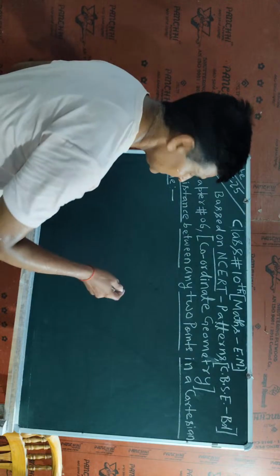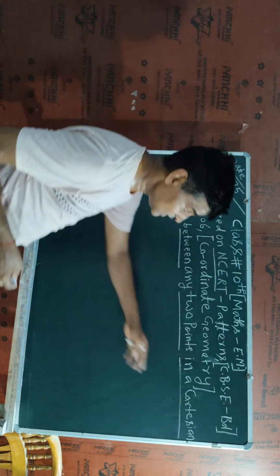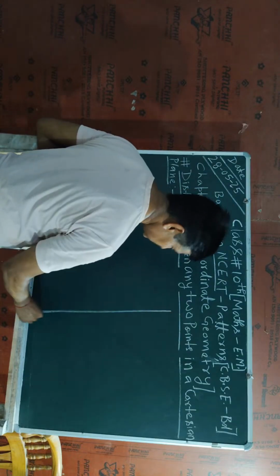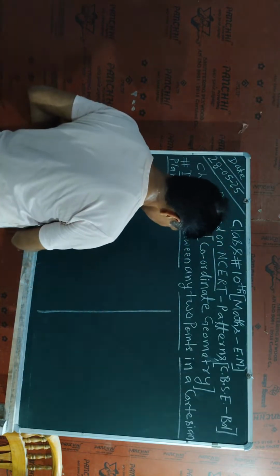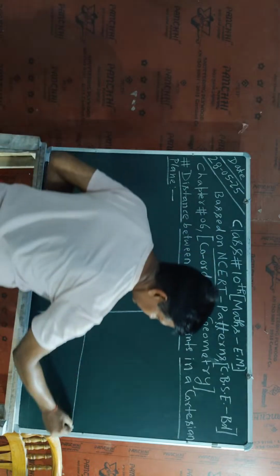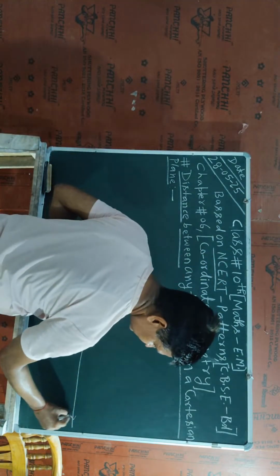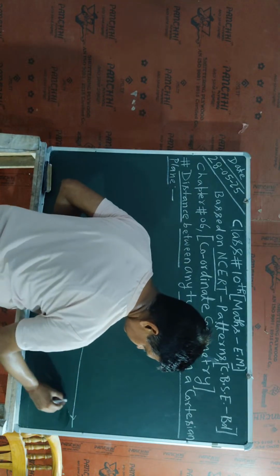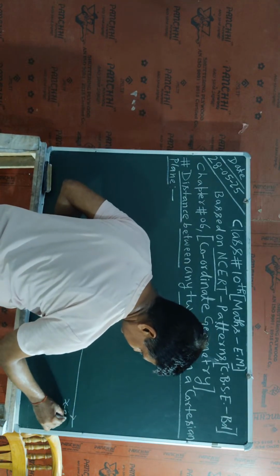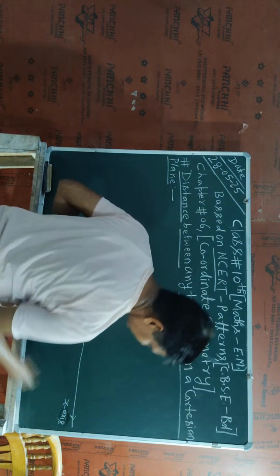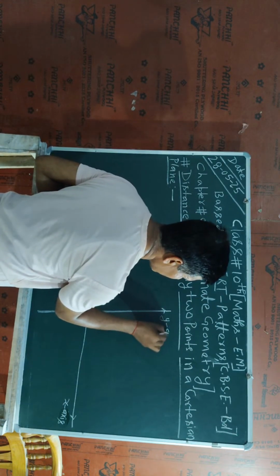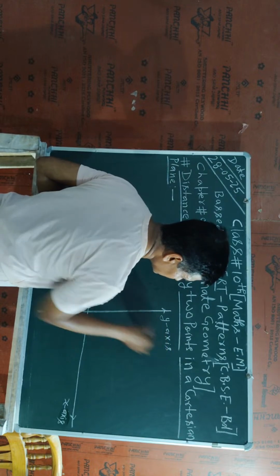So I will draw a Cartesian plane. One line I will draw is vertical, and one line I will draw is horizontal, and the horizontal line I will call the x-axis. Here I will write clearly, x-axis. The other line I will call the y-axis. Now I have to take 2 points